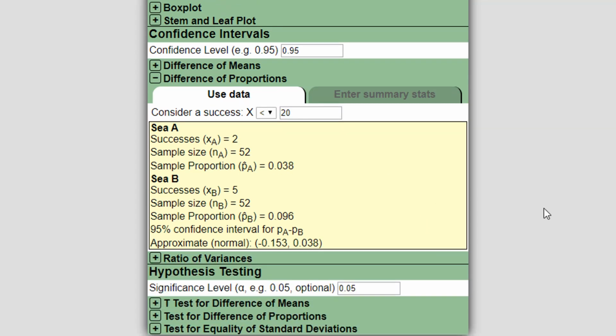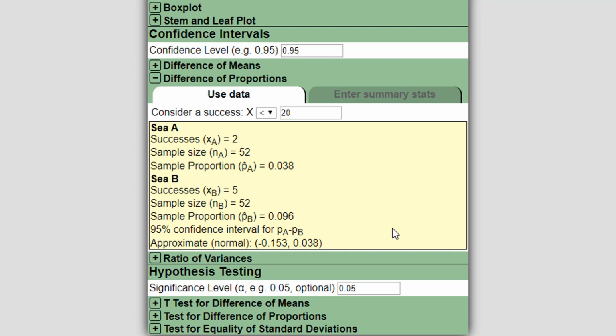So we're told that we have 2 out of 52 in CA, and 5 out of 52 in CB. So there are different proportions. We want to see if it's significantly different. Well, this calculates a 95% confidence interval for the difference in proportions, PA minus PB, and the approximate interval, using a normal distribution, goes from negative 0.15 up to 0.038. In fact, that's not a significant